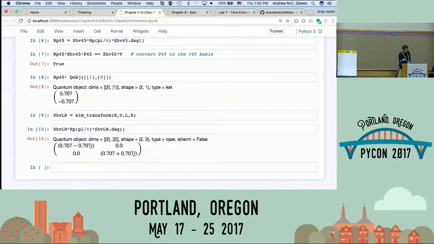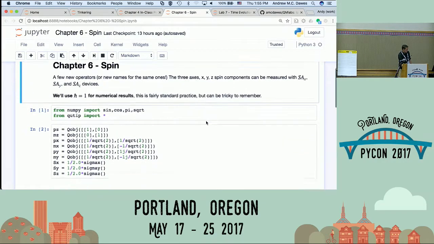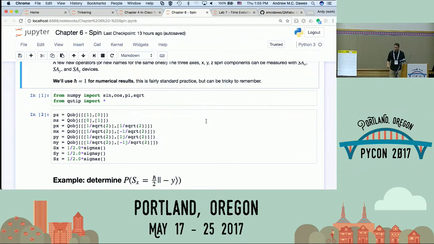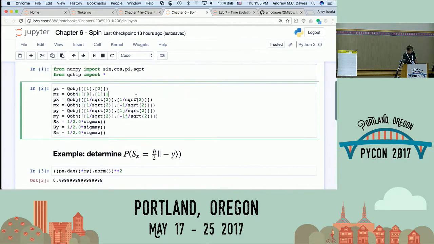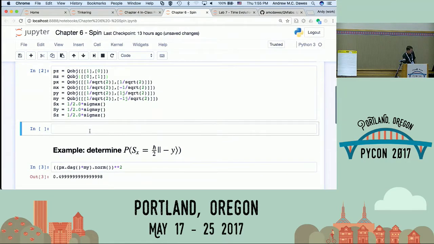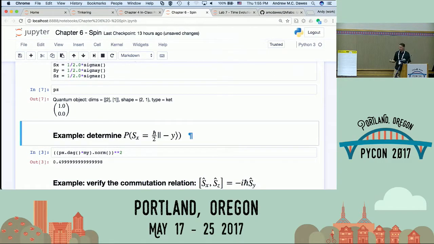topics. Similarly, for this chapter 6 notebook, these are analogous to the photon states, but now we're talking about spin states, and so we've defined a couple standard spin states. Again, those would be in a lot of physics textbooks, just defined a certain way as vectors. And since that's not totally obvious, I can just run this and we'll see what I'm talking about. If I looked at a spin that was in the plus z direction, that just happens to be that vector we saw before, 1, 0, right?